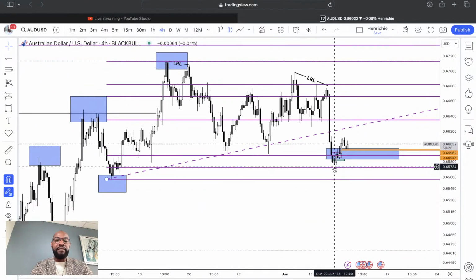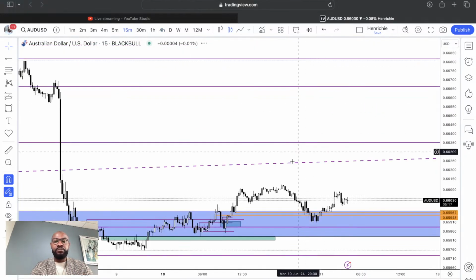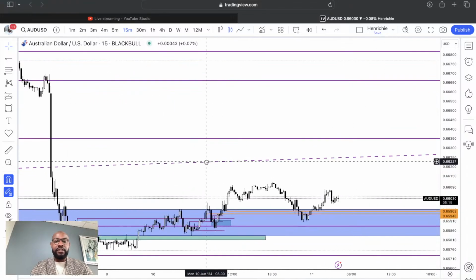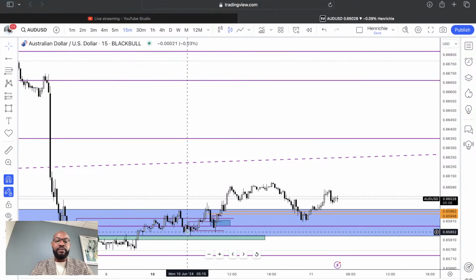because of how price came very close to the lows, took liquidity from this low. All I wanted to see was a run on liquidity, a break of structure on the 15 minutes time frame. The moment I saw that right here, if we go to 15 minutes time frame, you can see that very clearly. So the moment I saw the high, the low, and the break of structure right here, I wanted to see a retest and then look for a 3-minute shift of market structure and buy.